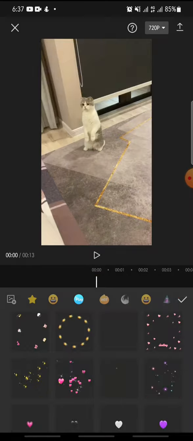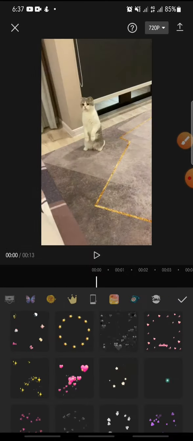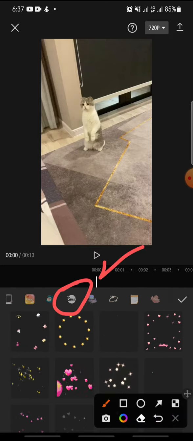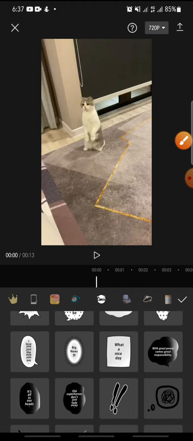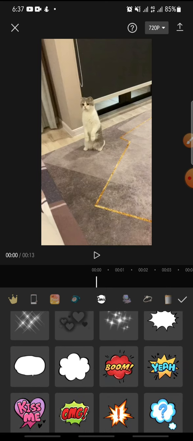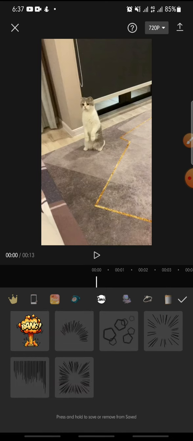And at the menu, you can swipe until you can see comic. This one, click on it, and in here you can see many comic sticker on CapCut. You can choose everything you like. Maybe this one,